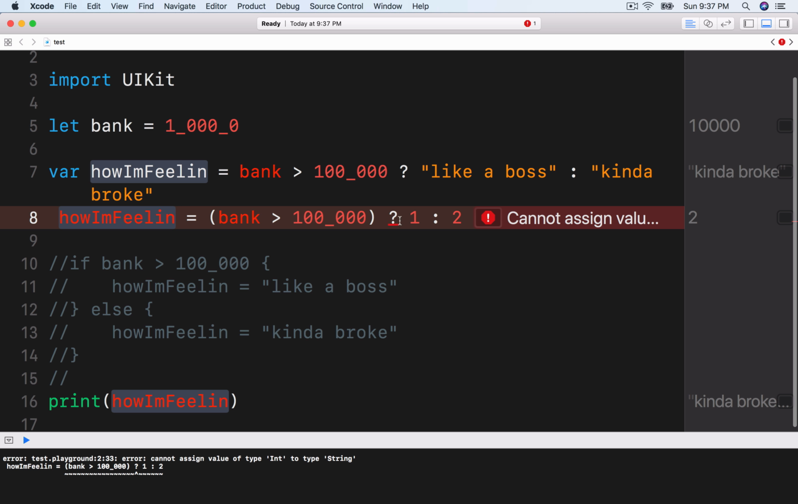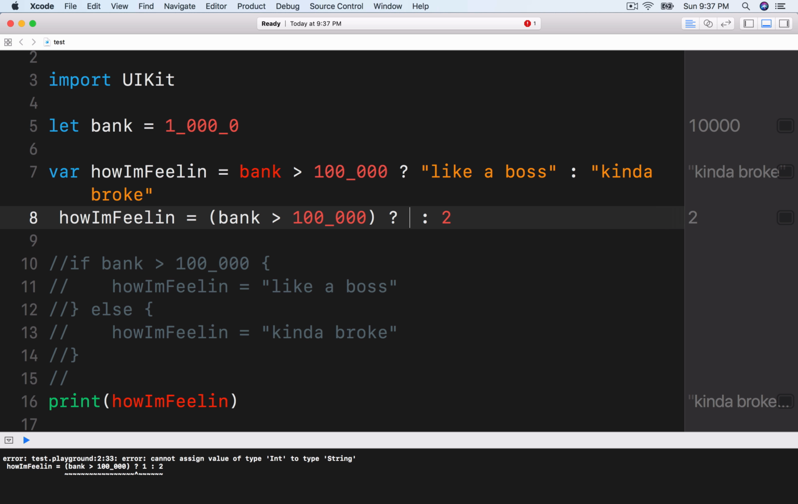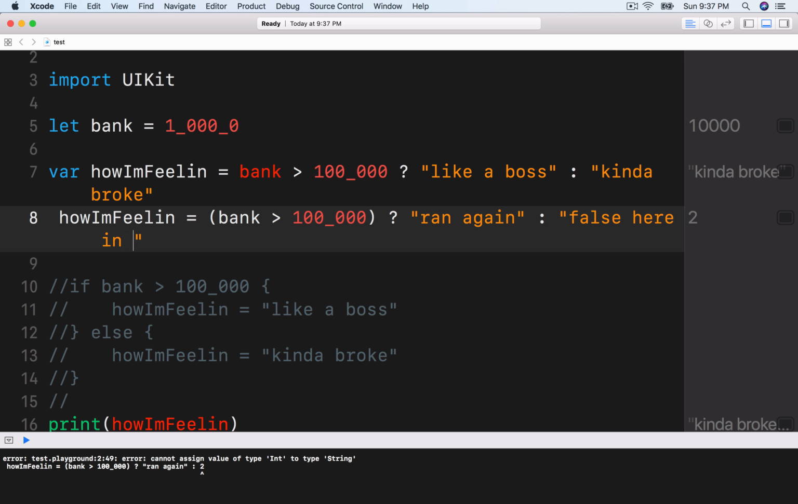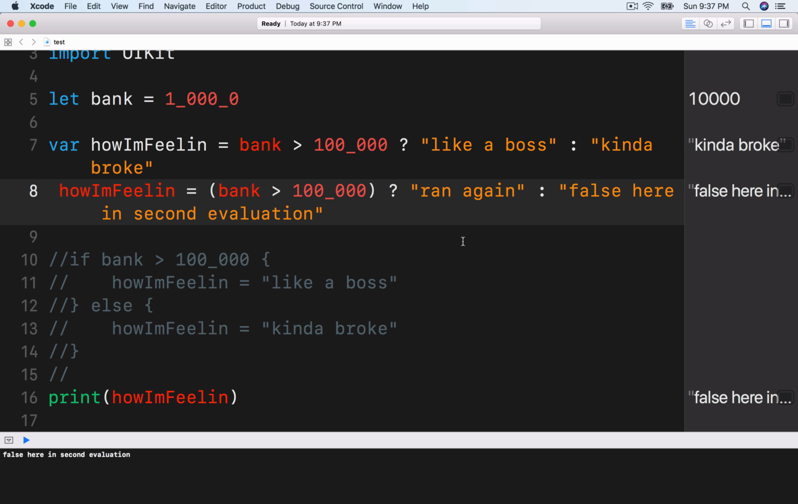Well, this isn't going to work because this was first a string. You can't put an int into a string value. So let's just say we ran it again. False here in the second evaluation. All right. So let's see how I'm feeling is. Bad example, y'all. Bad example. But anyways,